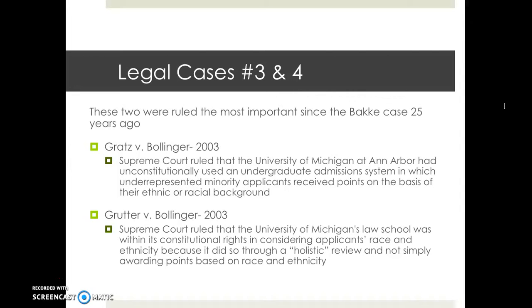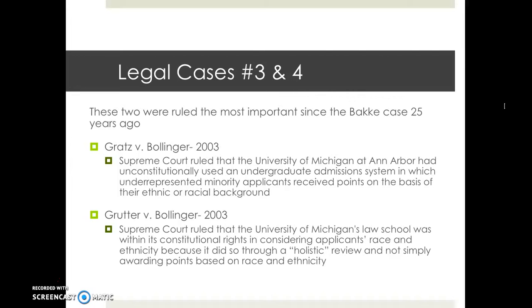This point system is out of 100 points, and basically a student from an underrepresented group automatically receives 20 points towards his or her overall score. The groups of students typically come from African American, Hispanic, and Native American backgrounds. A student with extraordinary artistic talent receives 5 points under the admission system. Also, every student from an underrepresented group who is otherwise qualified is typically accepted into the school. A group of white students that were determined qualified by the university were denied admission, and that is where this